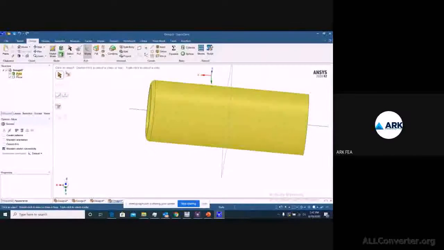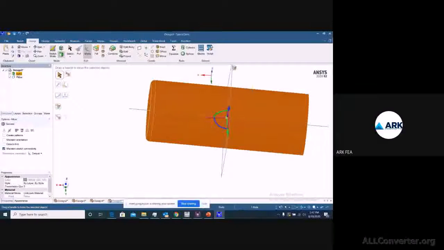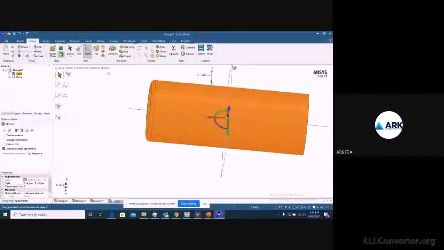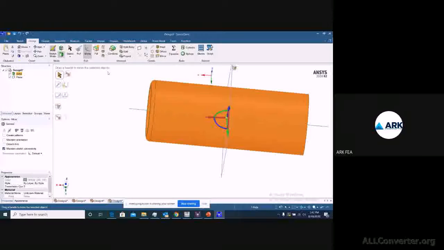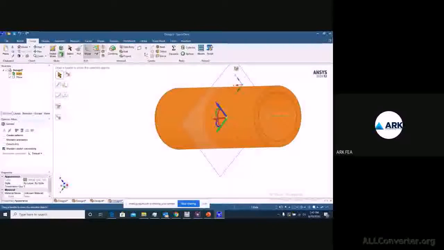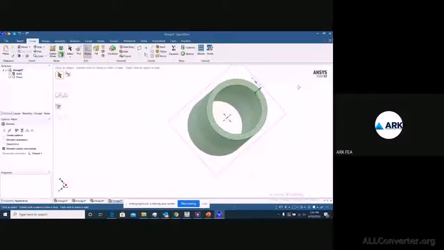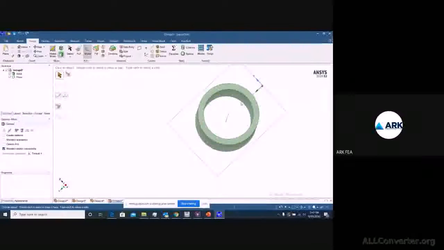Right, if you want to move it again, since this is coming as a single solid, you can break it using your split body. And you have fill here, which will allow you to fill the existing open edges.